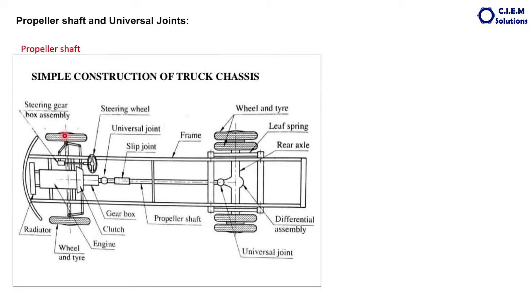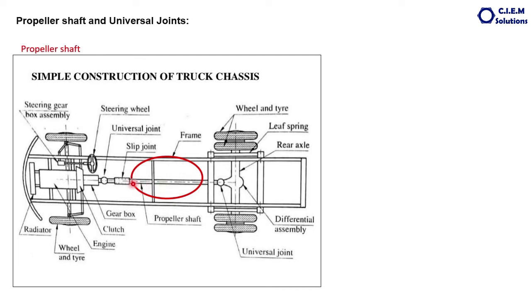Friends, this is the chassis of a vehicle. You observe here is the engine, this is the clutch or the torque converter, this is the gearbox or the transmission, and this is the differential. These are the axles inside the vehicle connected to the wheels. This complete setup from engine to the differential or the axles is called the powertrain of a vehicle. In this powertrain, we discussed about all these things except the one what we are going to talk about